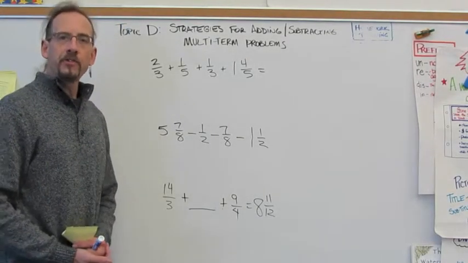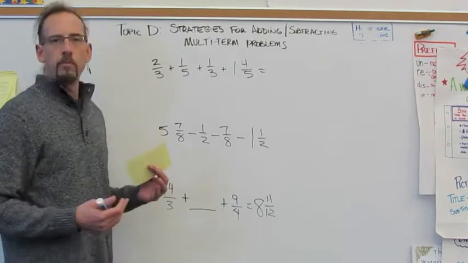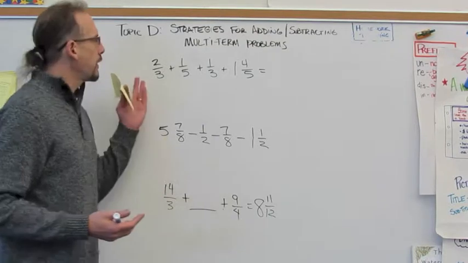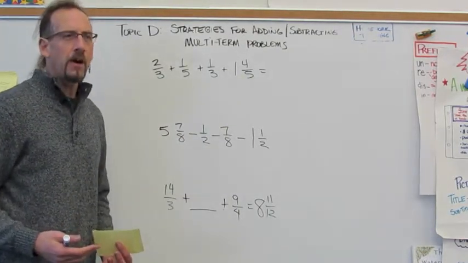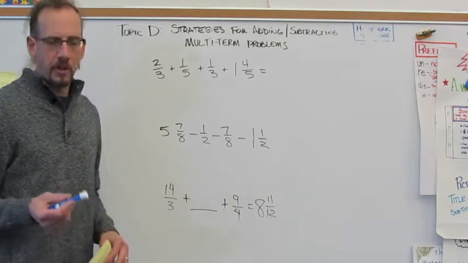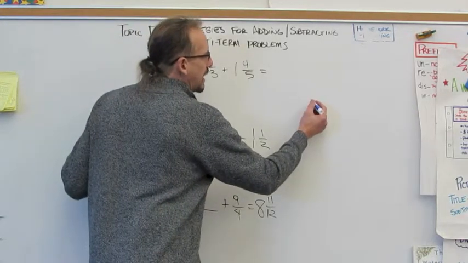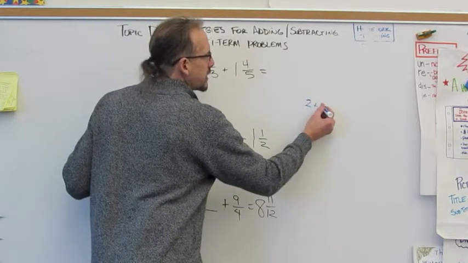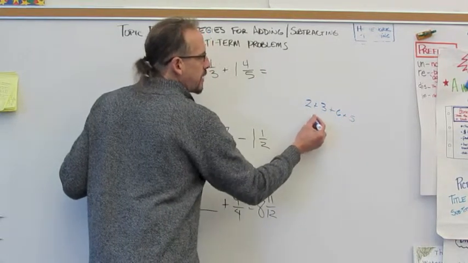So now here still in topic D, now we're going to think about how do we add and subtract fractions and numbers when there are many of them. And we want to help kids to think about how numbers can be reorganized using what we call the associative property. And the associative property tells us that 2 plus 3 plus 6 plus 5 is the same thing as,